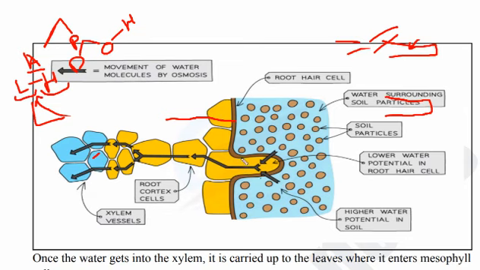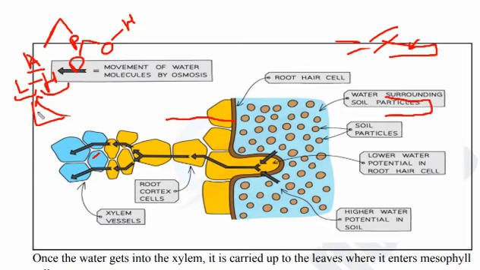And once the water enters by osmosis into the root hair, it passes to the root cortex cell, then from the root cortex to the root endodermis cell, and then from the root endodermis cell to the xylem vessels of the root, then the xylem vessels of the stem, and the xylem vessels of the leaf, and reaches the other parts of the plant.